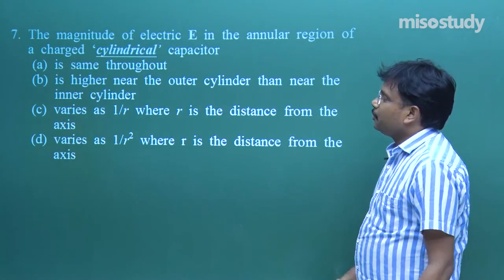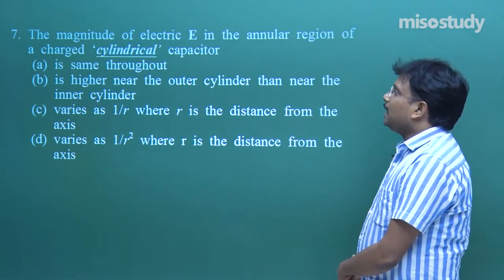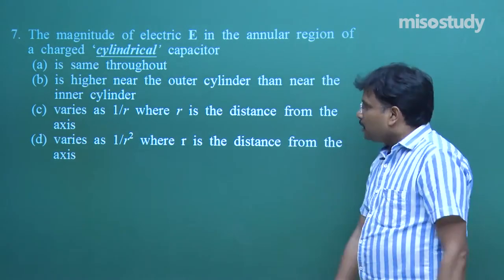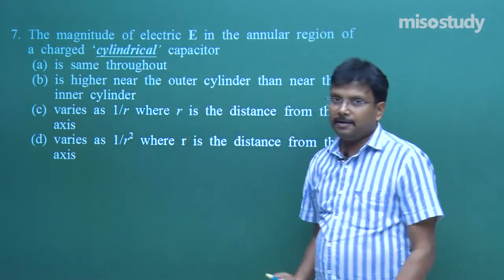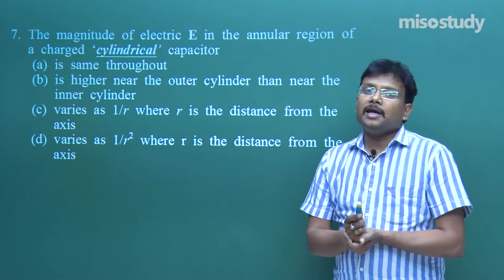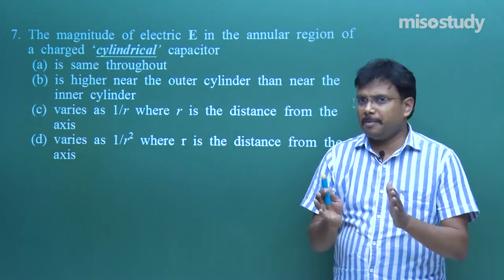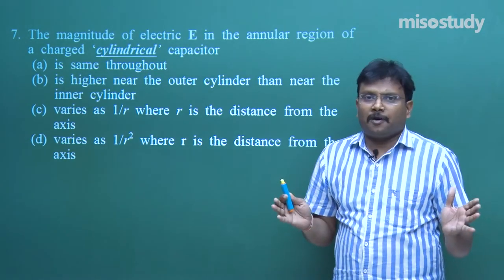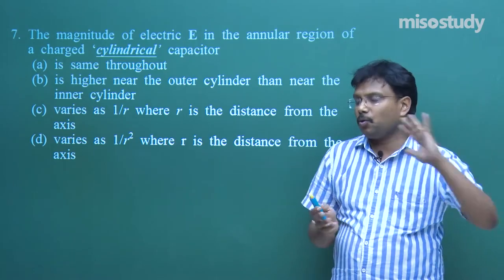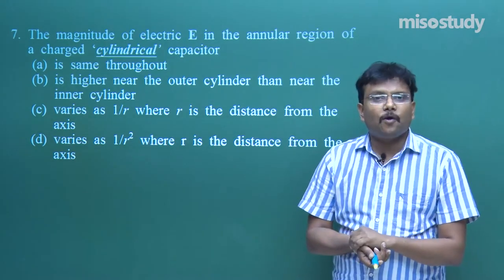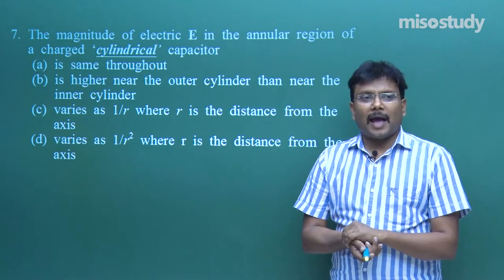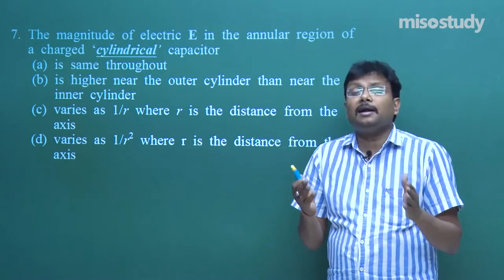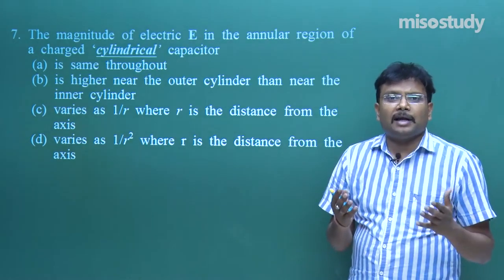Then comes this question, the magnitude of electric field in the annular region of a charged cylindrical capacitor. Now, this word cylindrical is underlined. Why? Actually, in your NCERT book, only parallel plate capacitor is defined as such. Spherical, cylindrical, all these types of capacitors are not specifically mentioned for your course. But if you are preparing for any competitive exam, then you cannot be selective, like I will not prepare that. If some correlated topics are there,